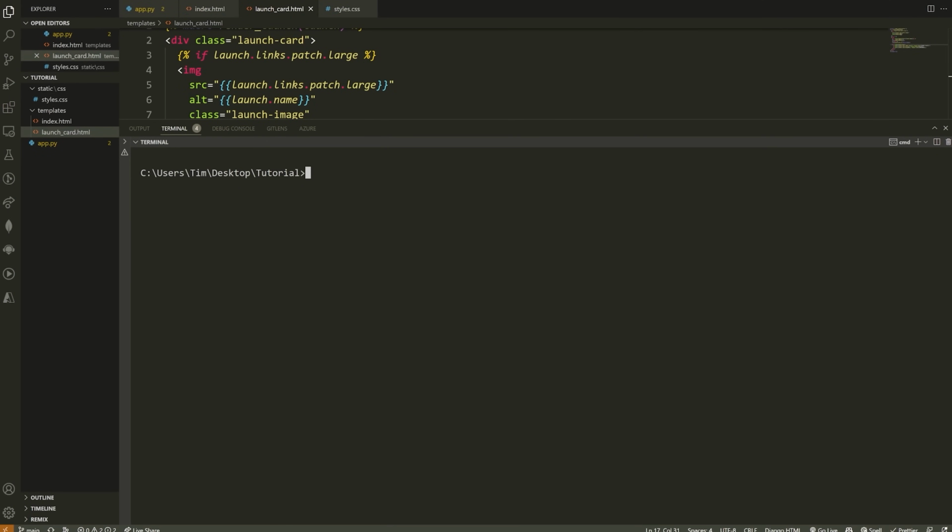In this case, I'm in VS Code. Doesn't matter if you're on Mac, Linux, Windows, this will always be the same. And I'm just going to paste this command in. So SSH root at, and then the IP address of your server. Go ahead and hit enter, and then enter the root password.